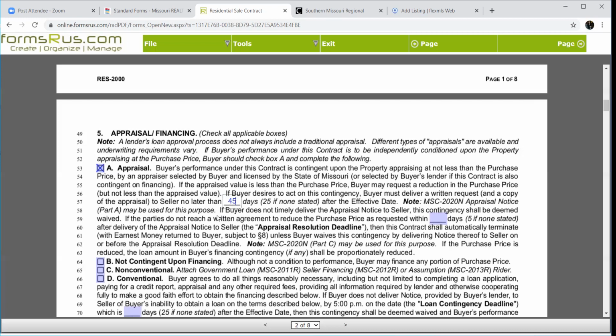So if you have an offer at 110 and the house appraises at 100, your client's gonna have to come up with that other 10 grand by contract. Now, they may not be able to, and the contract may ultimately default, but that's what the contract states: after that time period, you can't use that appraisal as an excuse any longer. And if there is a discrepancy, so let's assume that we get that $100,000 appraisal on that 110 offer, then we can come down here and utilize this form right here, MSC 2020 appraisal notice, to say that there's an issue. You've got 5 days to get on the same page, and I think that's plenty.